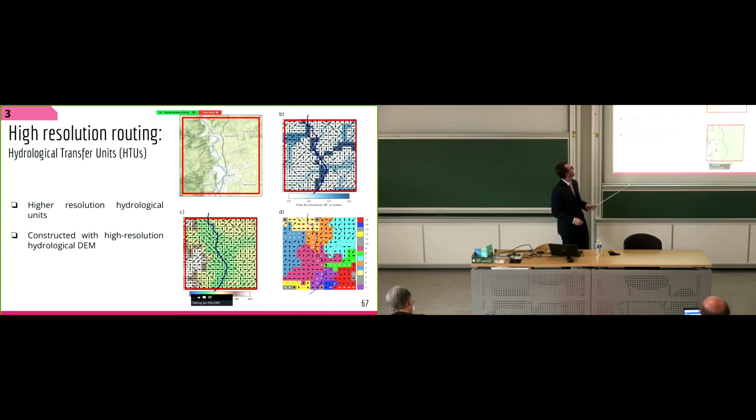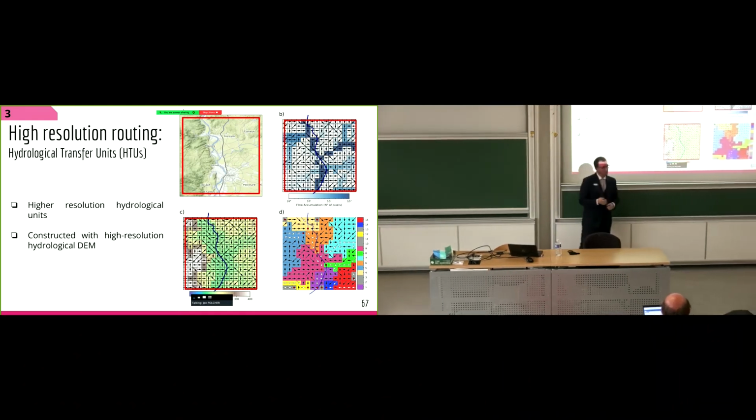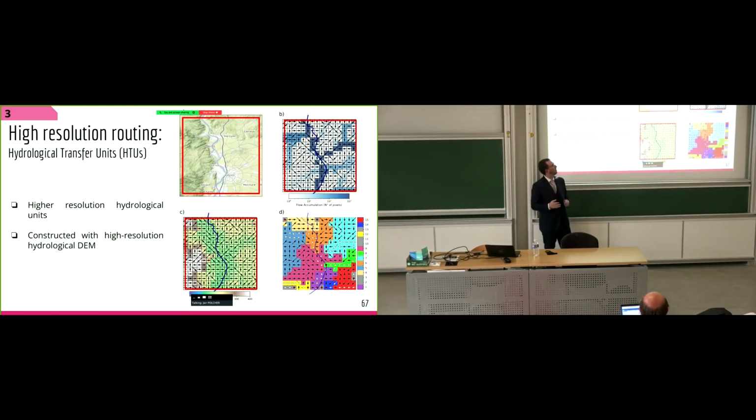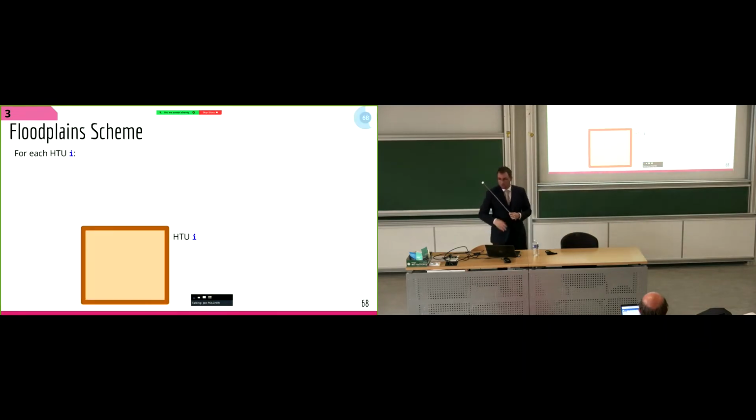Gracias. So, high resolution because of the high resolution routing scheme I told you about. Even if we are at the same atmospheric resolution of 0.5 degrees, here the red square is an atmospheric grid point. We are using high resolution digital elevation model data to construct subunits, hydrological units of this atmospheric grid point. These units are hydrologically coherent, and we can use the high resolution data to better define them. So then, when considering an HTU,